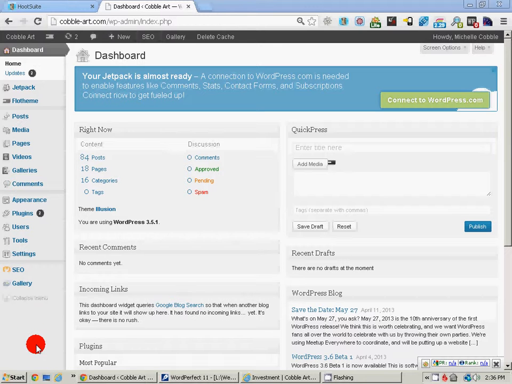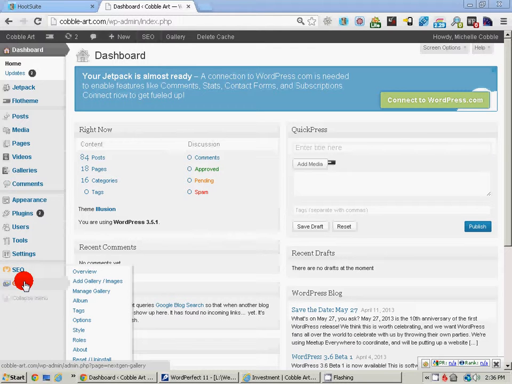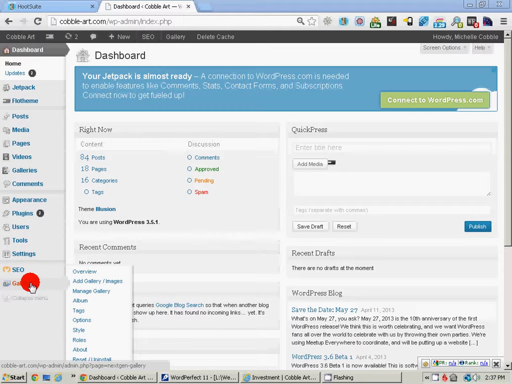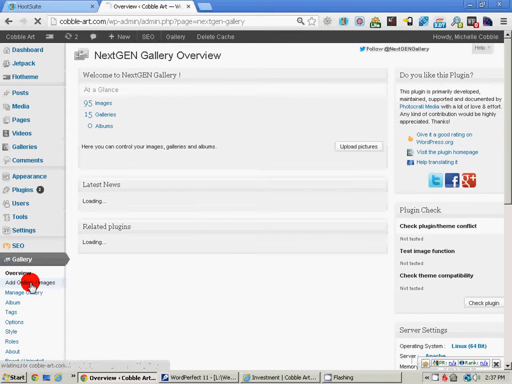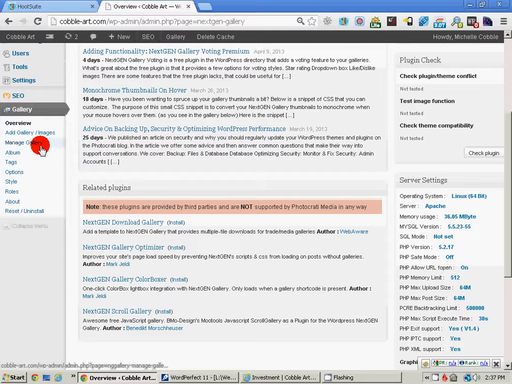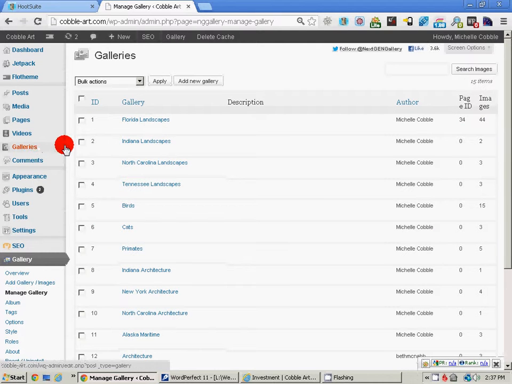So we're going to go first of all to gallery. Now the gallery up here at the top is the gallery that comes with the template. We're not using that one. It does not do what we wanted to do. So we're using this plug-in. So we click on this one,